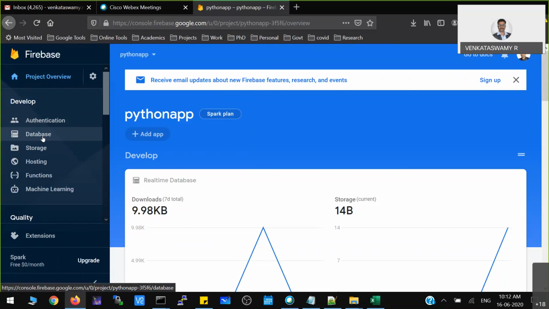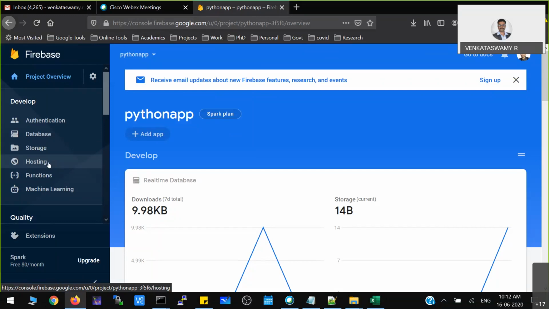You can store your data, your images, and any other files in the storage system. Firebase also gives hosting services. That means you can create an application and keep it inside the Firebase server, which is basically a cloud server.